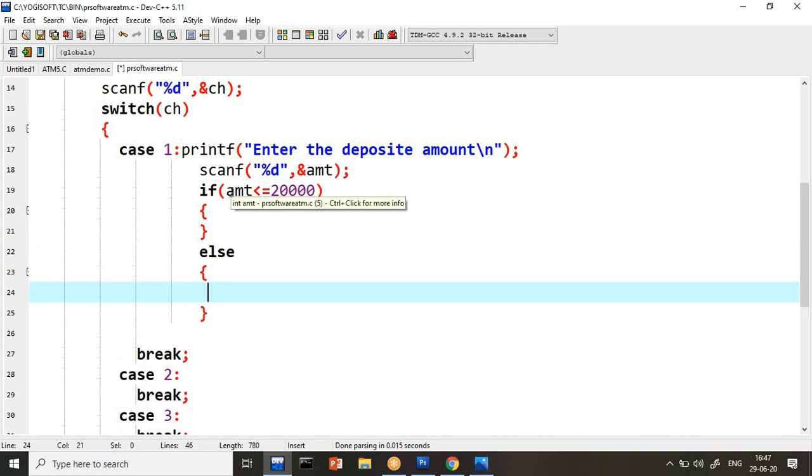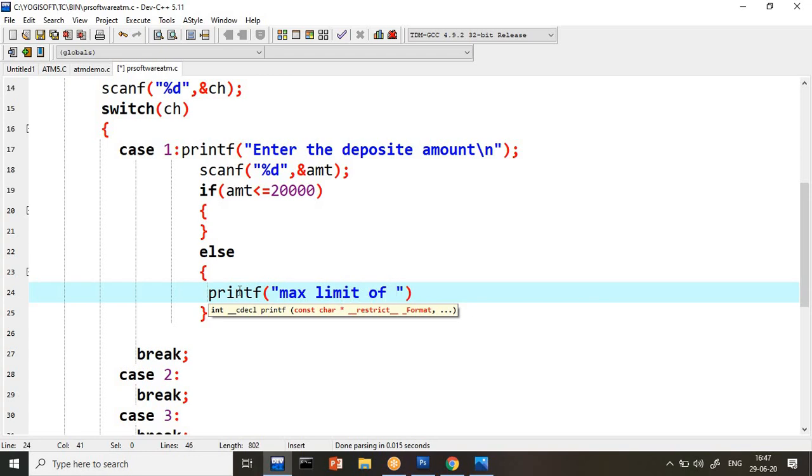If the amount is not less than 20,000, what message do we want? Printf, max limit of ATM is 20k. Even you can say limit of withdraw is 20k. Message you can give as per your convenience, guys, whatever you want.